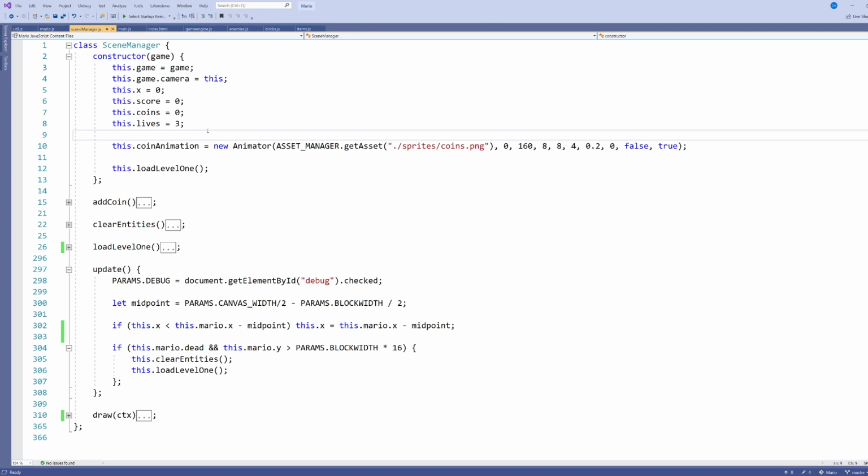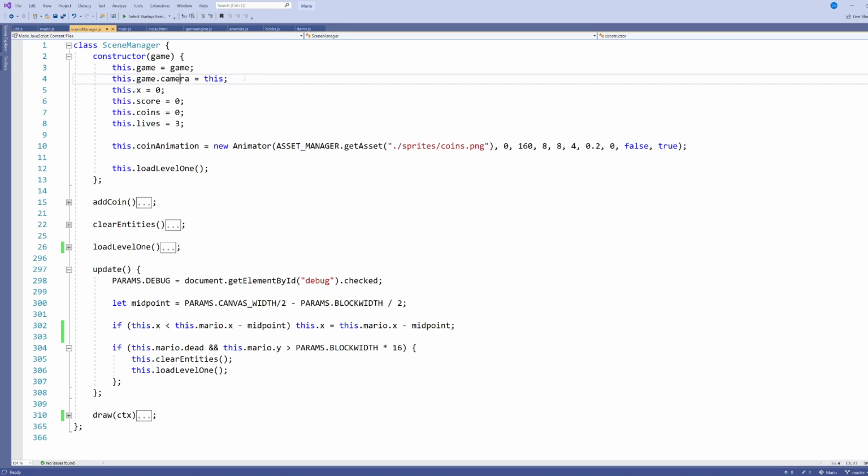So as I've mentioned, I've created this Scene Manager, which I'm also going to call the camera entity. And you can see here that I'm doing something special with this entity that I haven't done with a lot of the other entities, but I am going to do with the camera entity. And I commonly will also do this with my main character, meaning Mario as well, which is in my game engine, instead of just loading this entity into the game engine as an anonymous entity, I'm also going to give it a direct reference in the game engine by setting